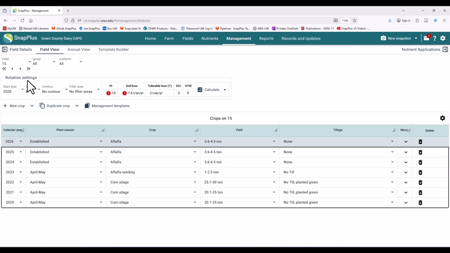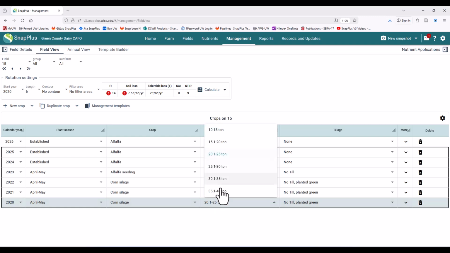Below our rotation settings area, we have some controls for different ways that you can add crops in the field view. The crops table shows us the crops that are already planned on this field. One important difference between SnapPlus version 3 and SnapPlus version 2 is that in the field view here, we're looking at calendar years, and we have an additional plant season column that indicates the season our crop in this row was planted. Other choices that we make when adding crops to this field include the yield value in a range,